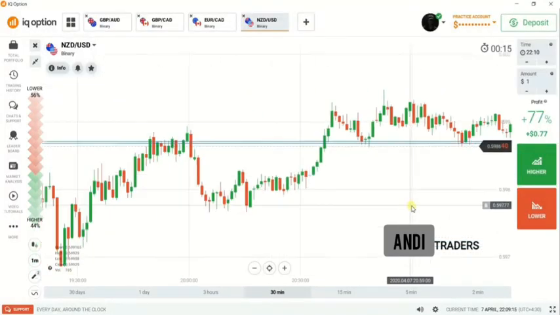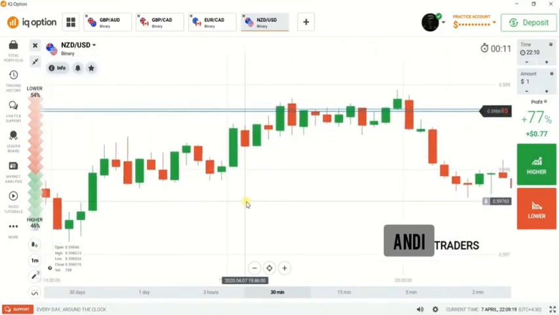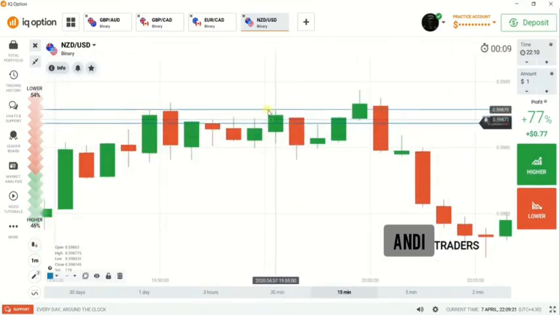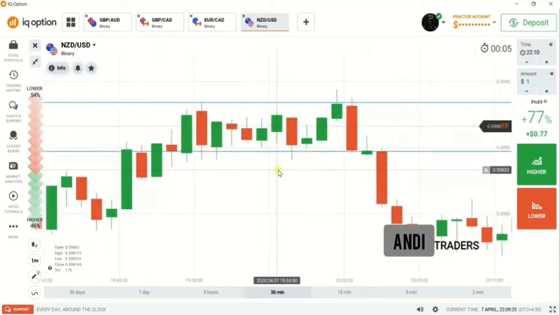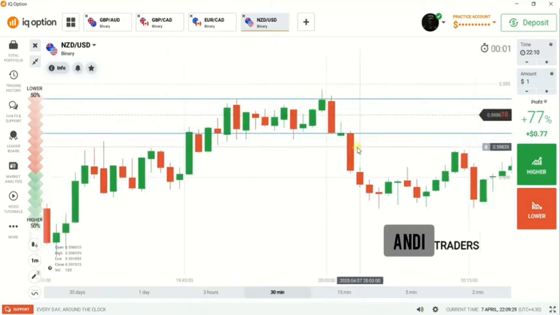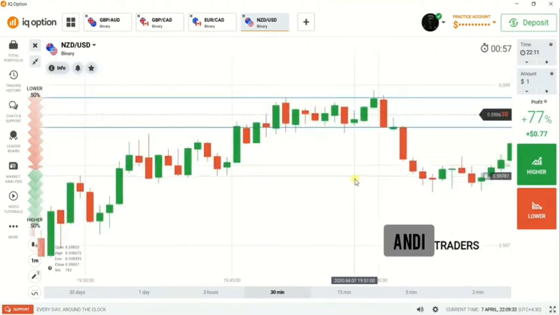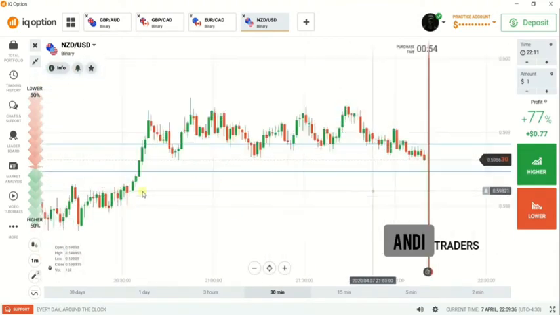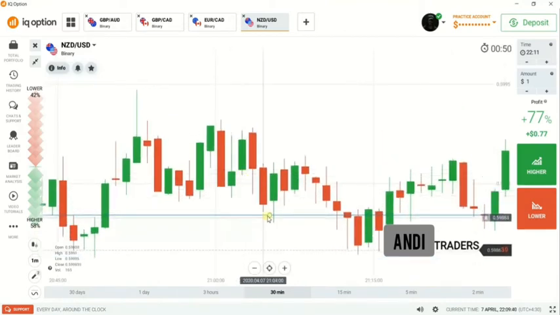So you can use this candle easily in the market, but I don't recommend you to trade this type of market. This type of ranging market is risky,